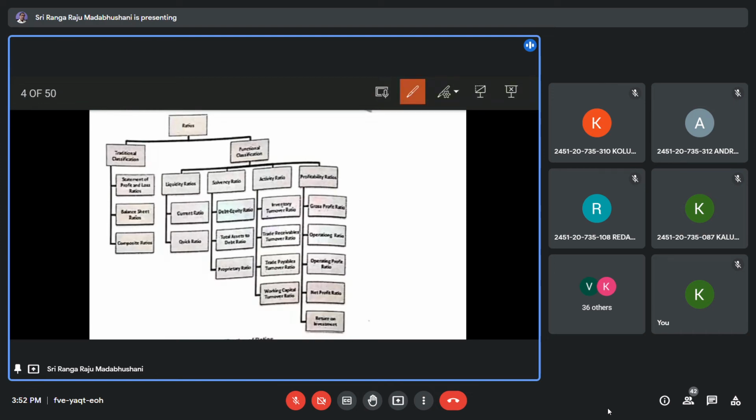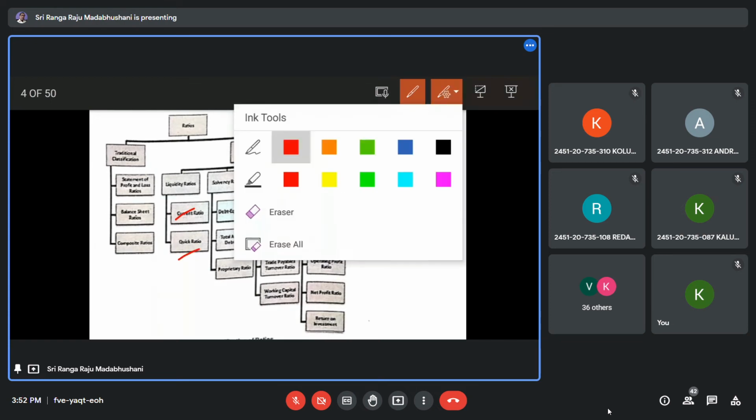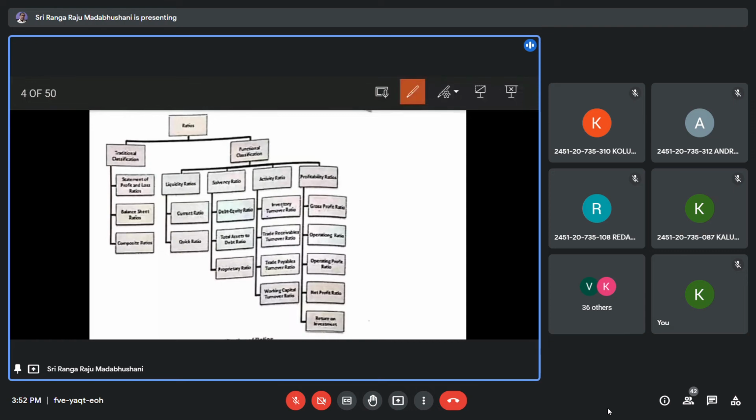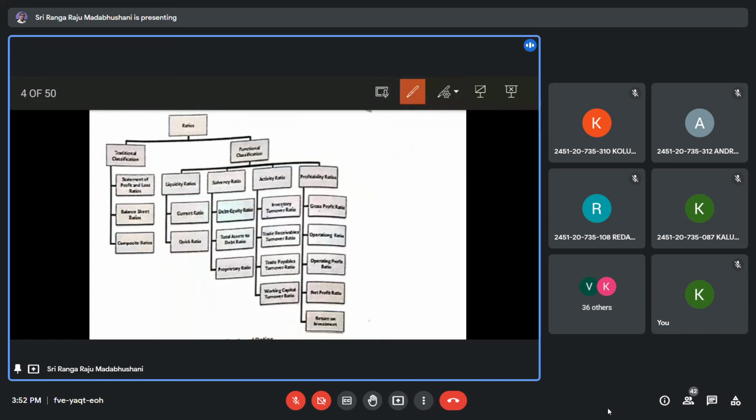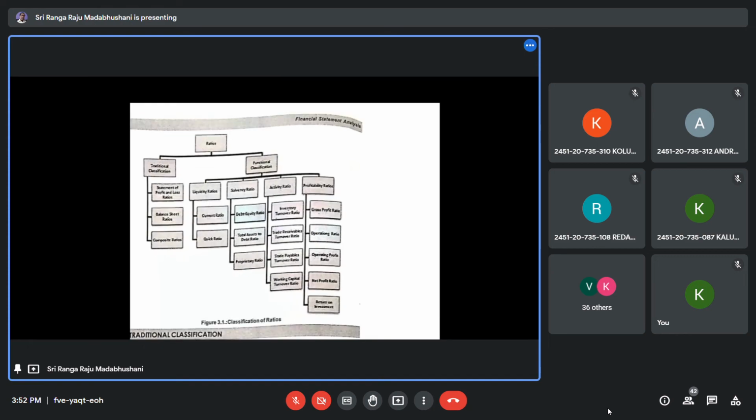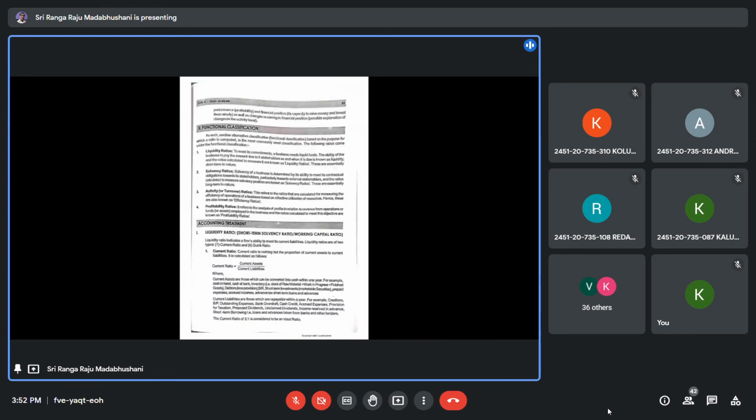So the current ratio and quick ratio. These are another form of presentation based on their activity. This is on the basis of the traditional classification. One by one we are going to see the ratios. So the first one,